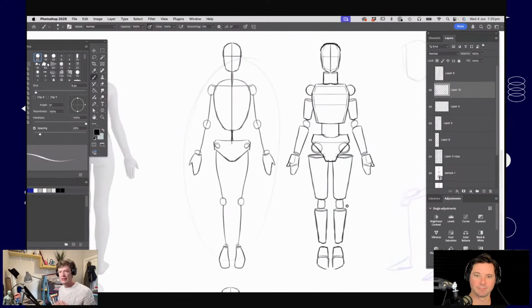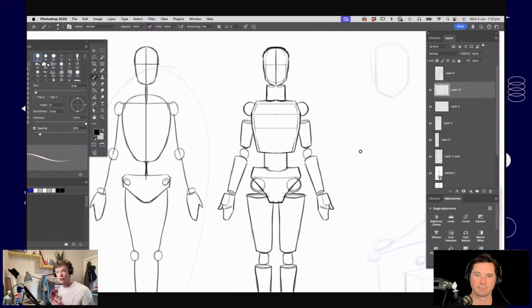Okay, so the next stage after we've done our stick figure is thinking about how we would build this up into something that has muscle or form in it. When you're drawing a stick figure face on, it's easy to see it as a two-dimensional shape on the page, but we want to be able to manipulate these figures in space. So we want to start using really simple three-dimensional objects to represent parts of the body, which simplifies it for us. We can imagine what it looks like if an arm moves from seeing it side on to what we call foreshortening, if it's coming towards you.